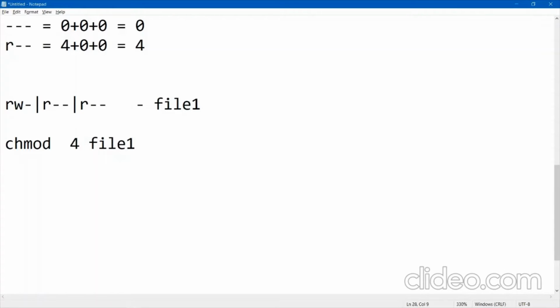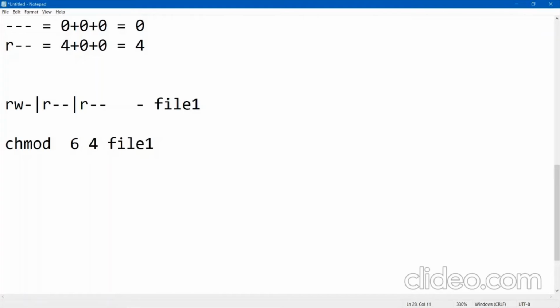Then I want the owner can write, so I will add 2, 4 plus 2. And the owner cannot execute, it means 0. 4 plus 2 plus 0, how much? 6. I can write here 6. Then I want others can only read. They cannot write or execute. So for that I can use 4, isn't it? Let me give a space. 4.